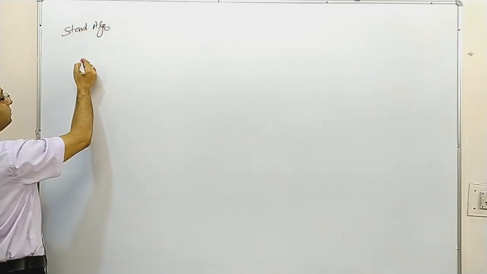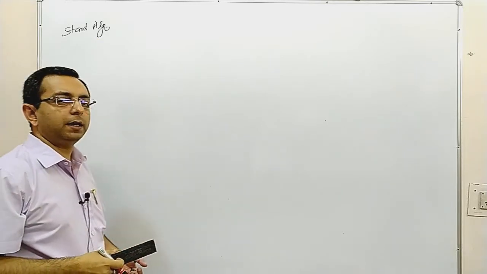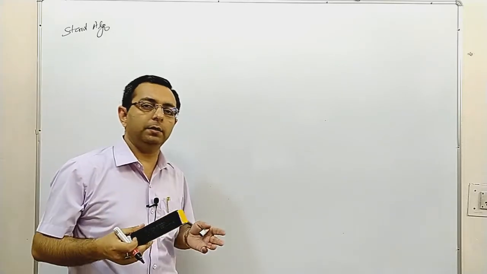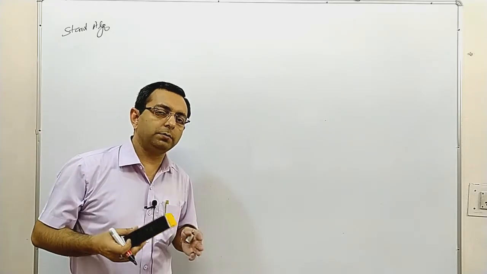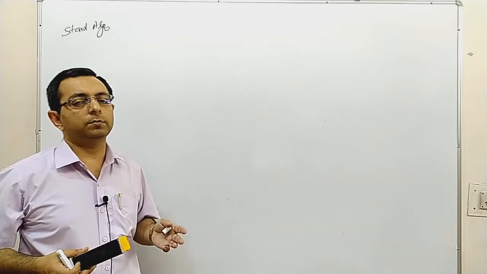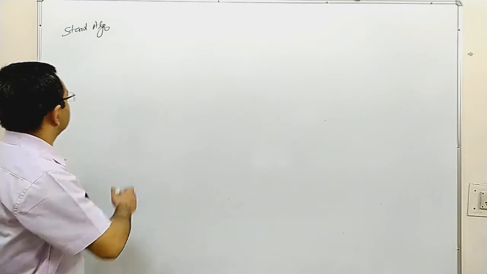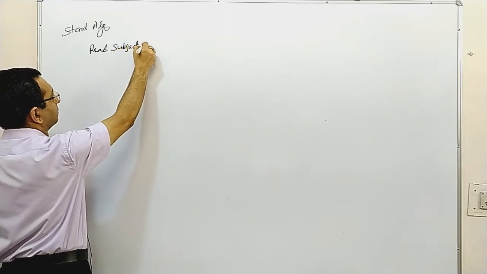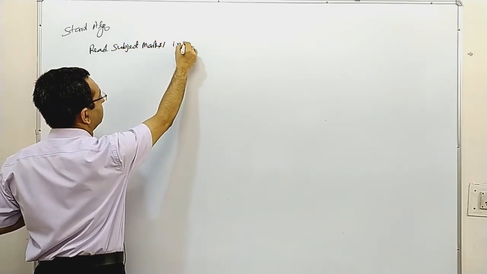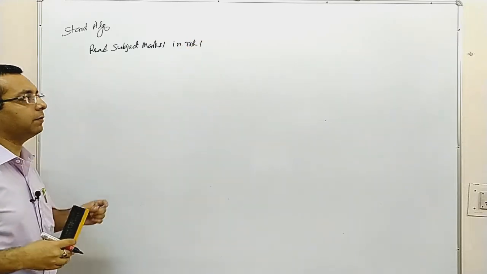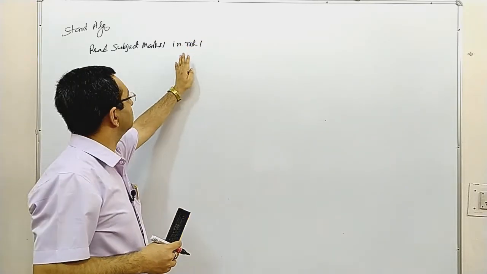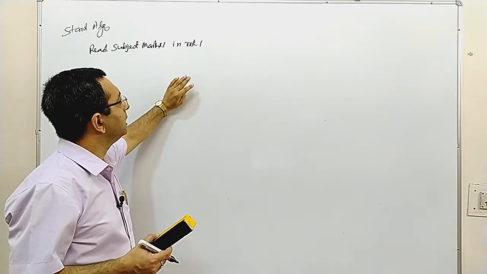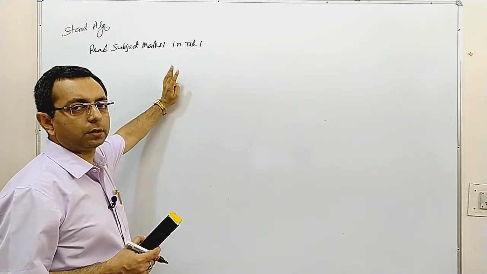Start algo. Suppose we have to find out the gross marks of a student having 4 subjects. The 4 subject names may be English, Hindi, Maths, Zoology. So the 4 subject marks should be added. For adding those marks, we first have to take them as input. So read subject marks 1 in MK1. We are taking variable name MK1 for the first subject marks, then MK2 for the second subject marks, MK3 for the third subject marks, and so on, MK4 for the 4th subject marks.